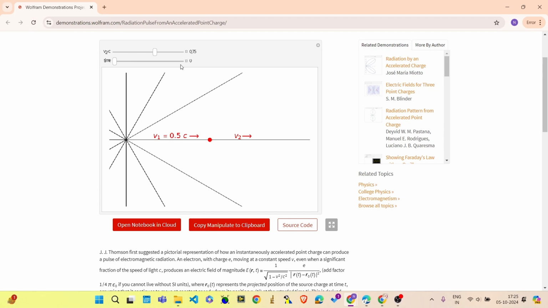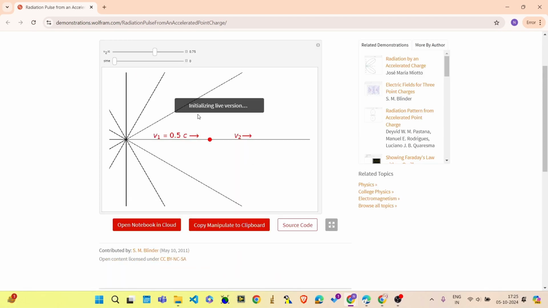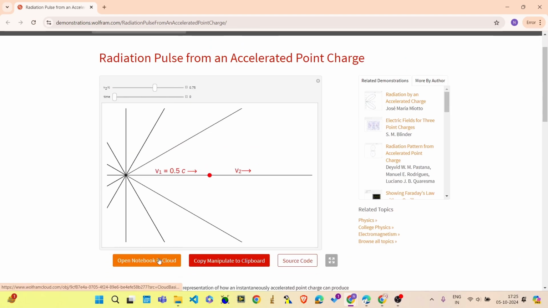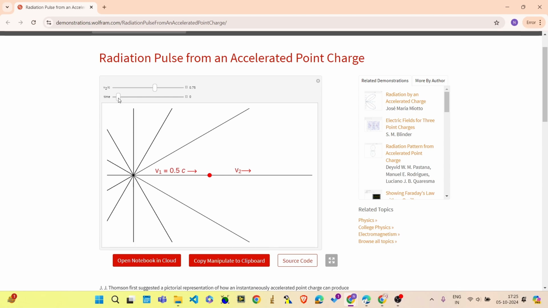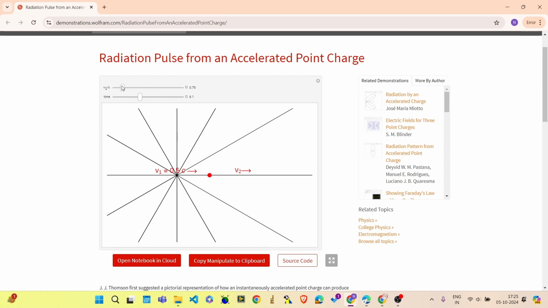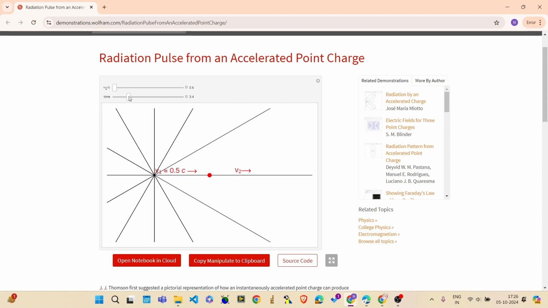I think we can play around with this also. If I change the time, let's slow down a little bit, let's say half of the light velocity, the charged particle will be